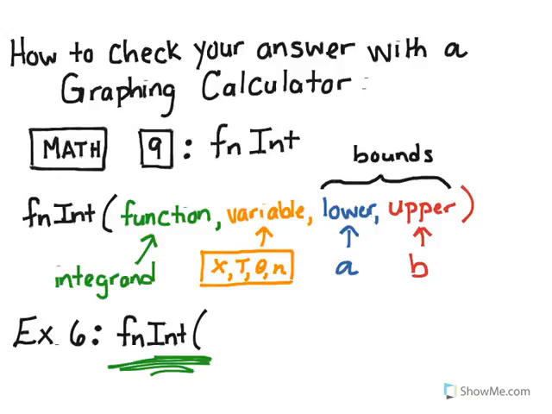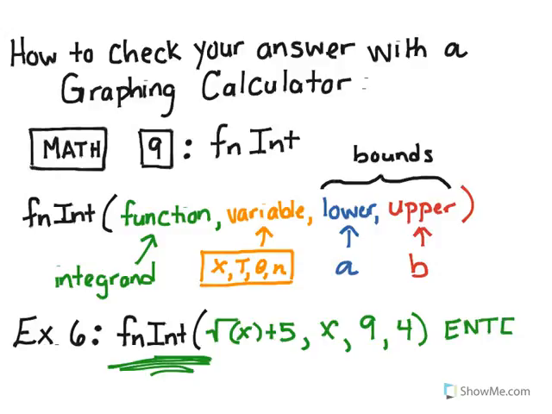So if we take a look at the problem that we just did, example number 6, our function was the square root of x plus 5, and then we would press the comma. I'm putting the parentheses there because your calculator is going to put the parentheses, and you need to remember to close the parentheses on the square root of x before putting in the plus 5. So close the parentheses there, and we have a comma after. Then we have an x for the variable of integration, the dx at the end of the integral sign. The lower bound for us was actually 9, and the upper bound was 4. And if you type that in and then hit enter,